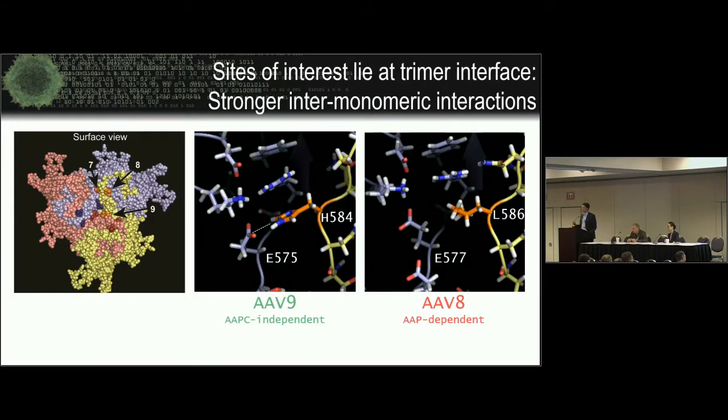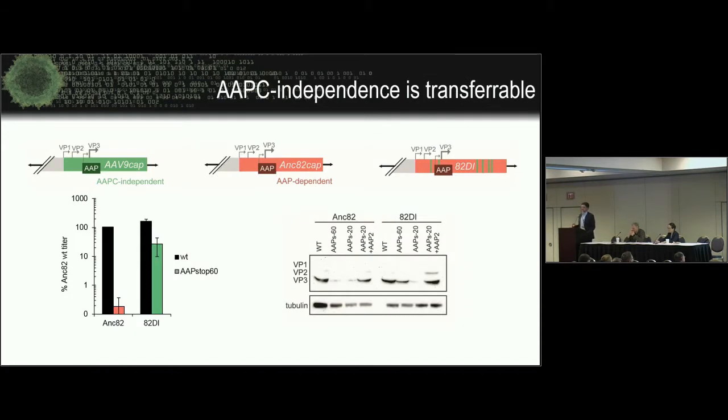We look at the conserved residues in D versus I, and we came out to 11 residues, exactly 11 residues, that when you look at it structurally, you can see that these 11 residues in the independent states have particular bonds, salt bridges, for example, in this example, whereas in the dependent states, those bonds are absent. So basically, it seems like some of the glue sometimes can be provided by the capsid itself, and sometimes it needs that additional glue. In addition, when we transfer these 11 residues, we can transfer that independence,